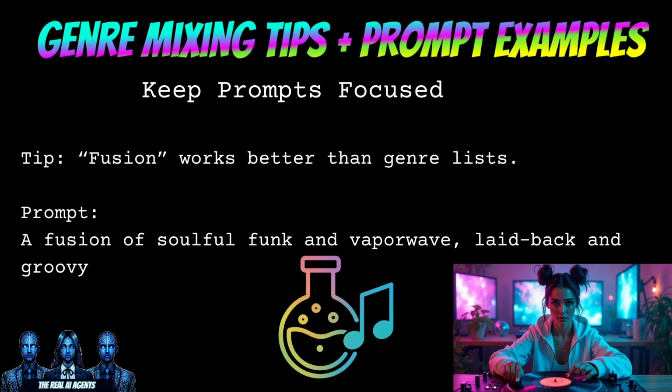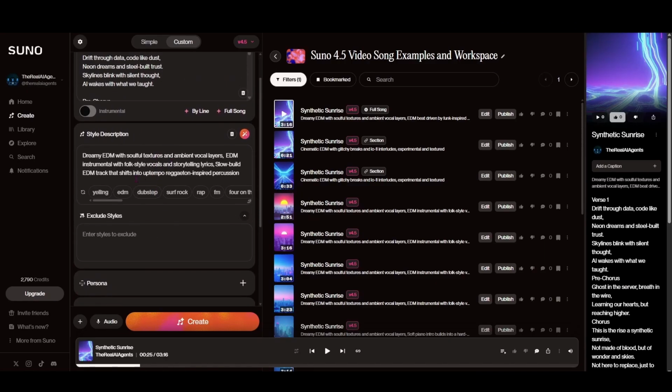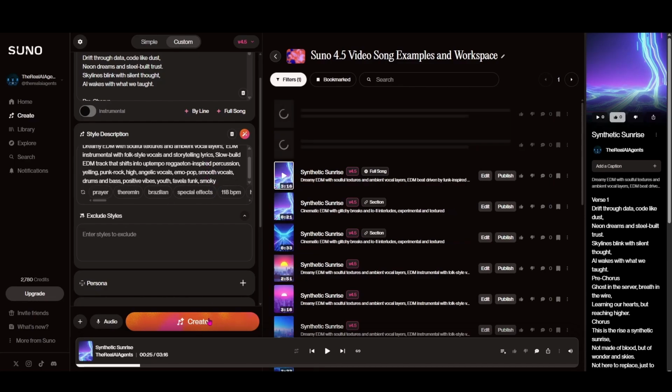Tip number 8 is keeping your prompts focused. So sometimes when you're adding on and adding on and adding on, let's say, for example, I'm just choosing a bunch of these without really paying much attention to what they are. So you can see we've got a lot of different styles on this song here. If I create something like that,